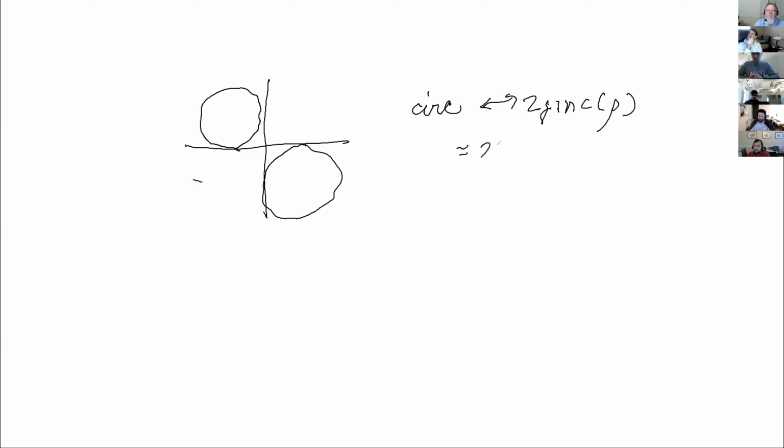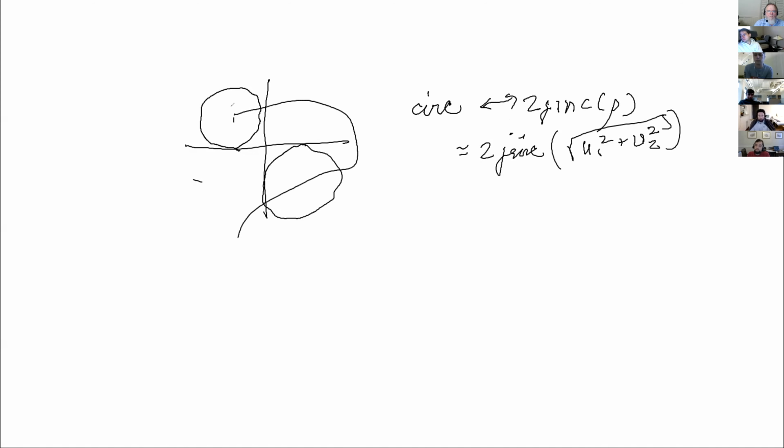Which is equal to 2 jink square root of u1 squared plus u2 squared. So that's perfect. Now, this one gives me a 2 jink square root of u1 squared plus u2 squared times an e to the what? It's a plus j 2 pi